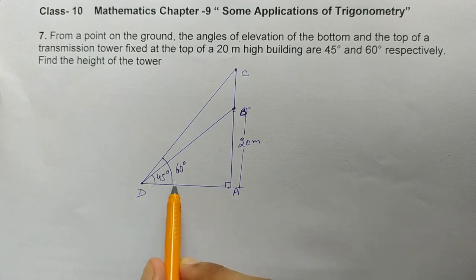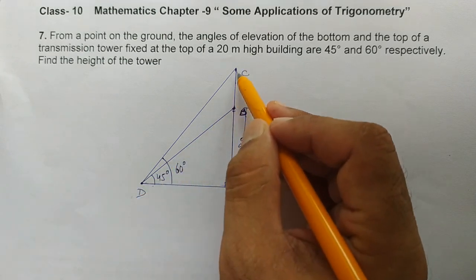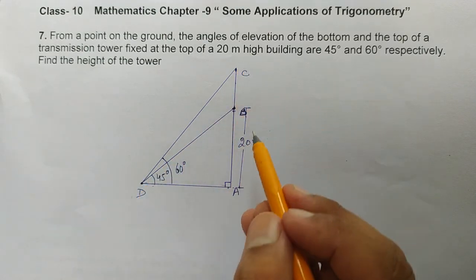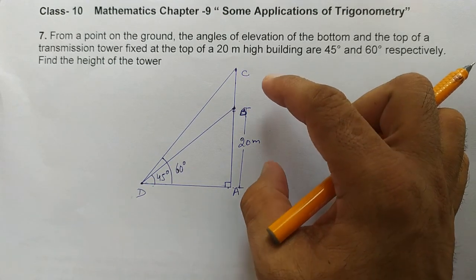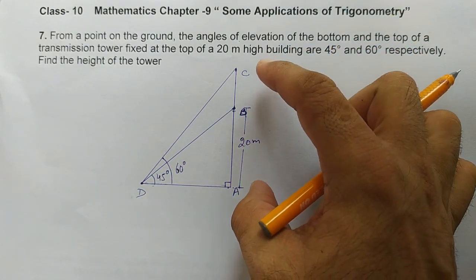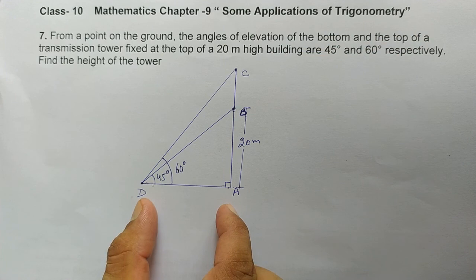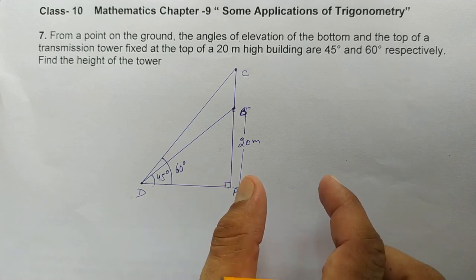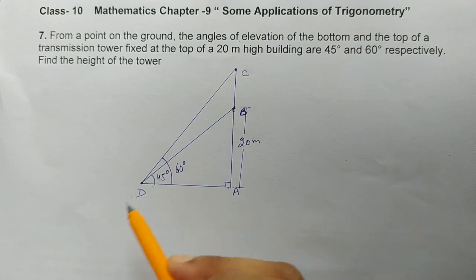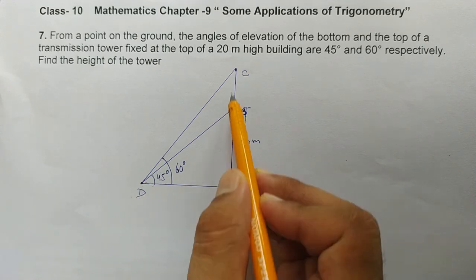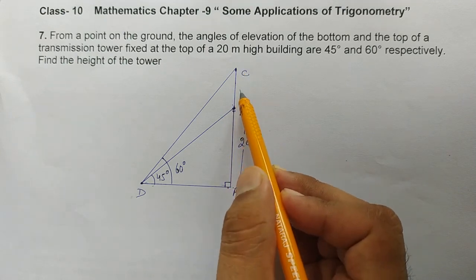Now AD is with us, right? Now in the bigger right angle triangle ACD, we will have AD. We can find out the value of BC also, because this AC is 20 plus BC. We'll write AC as 20 plus BC. So we have the AD value with us. We have found it in the first equation. So we'll fill that value of AD in the second equation and find out the value of BC. Again, I repeat what we do. First of all, in the small right angle triangle, we will find out the value of AD because AB is given. So AD can be found out. And in the second right angle triangle, we now have the AD value. We can find out AC. And for AC, I'll write 20 plus BC. So BC can be found out.